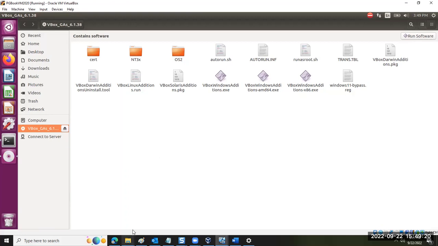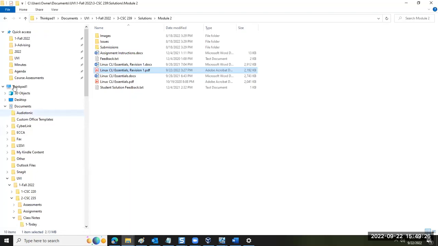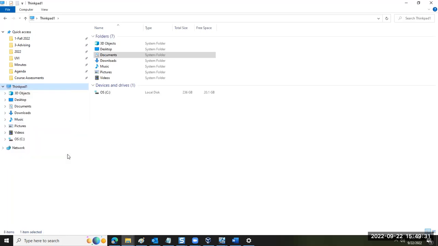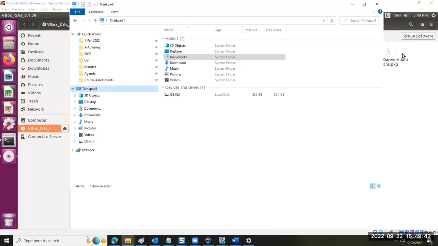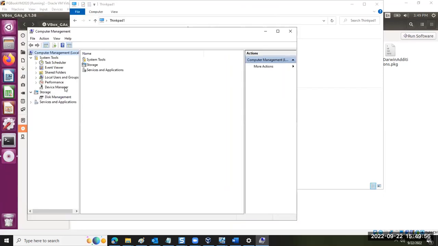I showed you this view before, didn't I? Or, no, I'm sorry, I showed you the Device Manager. You've seen this? Yes, I believe so. You highlight This Computer or My Computer, right-click and go to Manage, and eventually it'll open up this, and then you go to Device Manager. But when you're running updates,